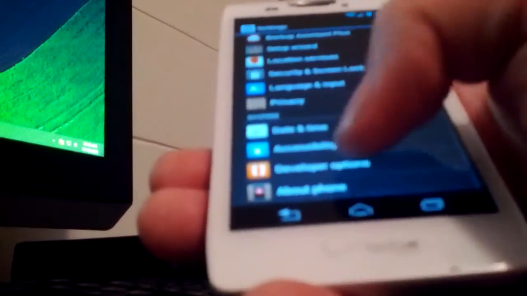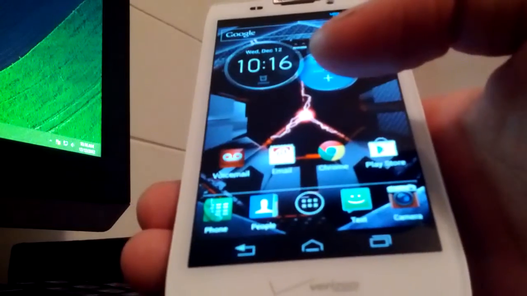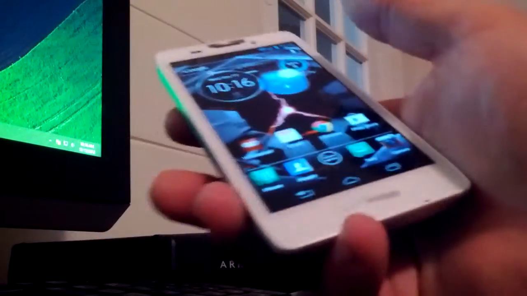So we need to go back into developer options, and we've got to hit USB debugging again. So hit USB debugging again. Everything else doesn't matter. So we need to go back in and connect our USB cord. All right, once our USB is connected,